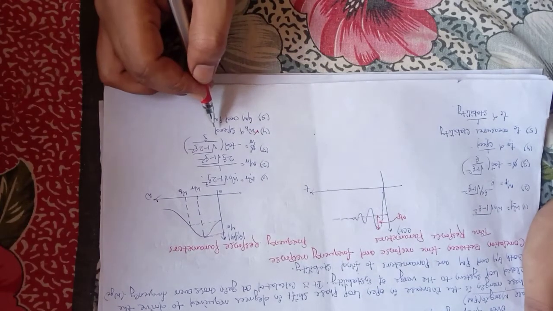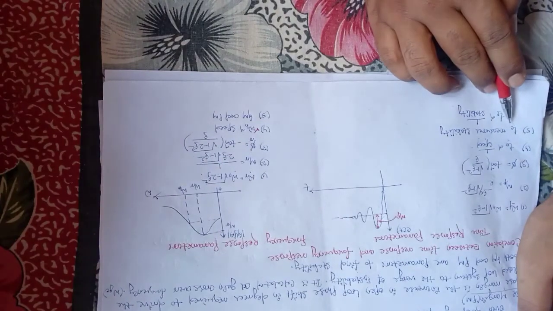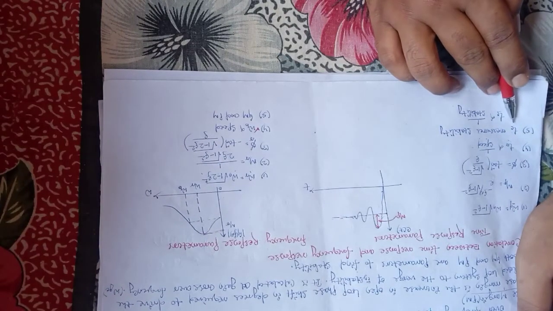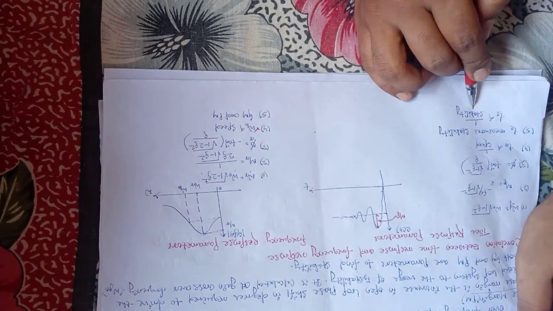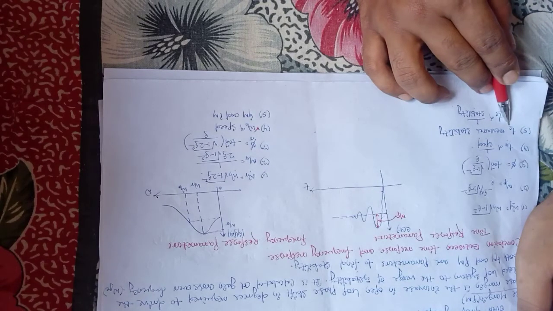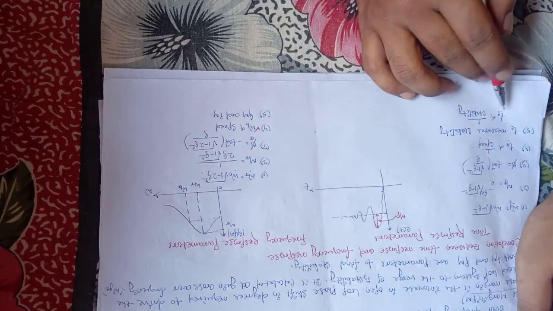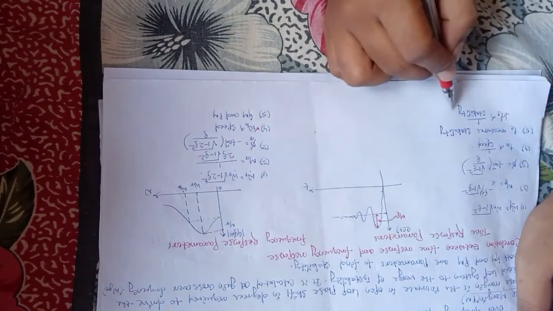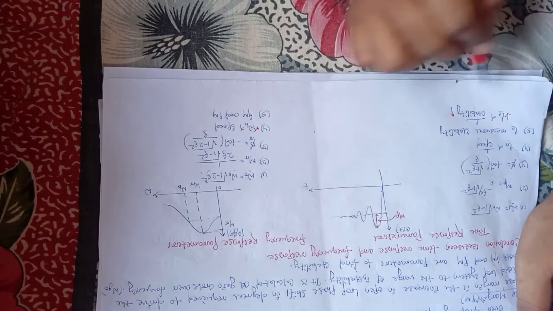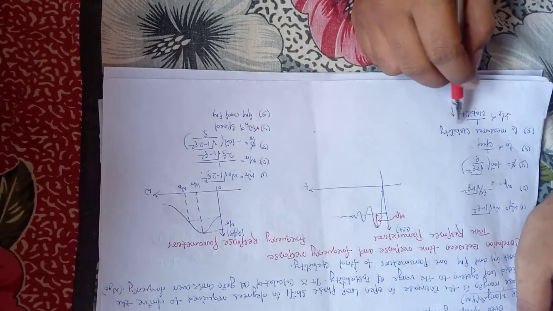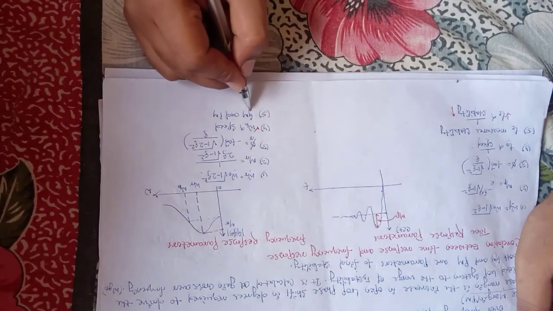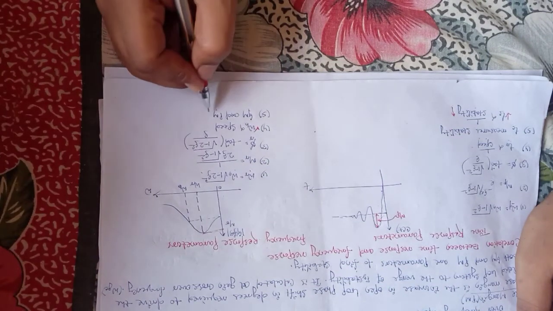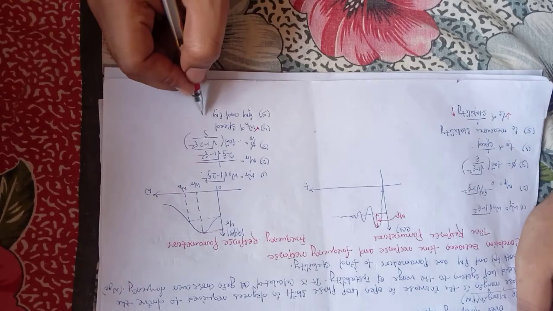Second thing is Ts. In the time domain, Ts gives the idea about stability. Ts is the settling time. If the settling time is less, the system is more stable. This gives us the idea about stability. And as I already told, gain margin and phase margin are the two parameters which give us the idea about the stability of a closed loop system.